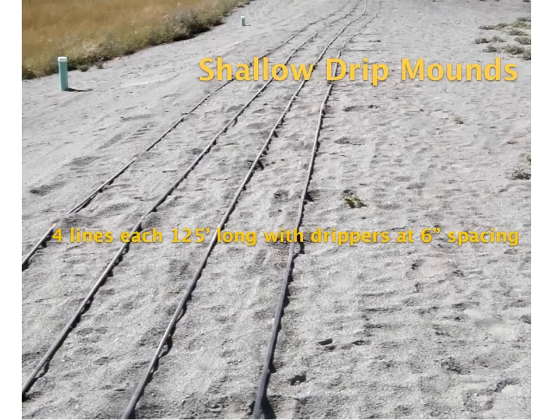He started developing shallow drip mounds, and what he does here, he's got 4 lines, each 125 foot long. So he's actually taken one roll of 500 foot drip line and he's put in 4 lines 125 foot long. And he's got 6 inches between drippers. The drippers are very close. So he's got 1,000 drippers on 500 feet at 6 inches. He's got 1,000 drippers applying the effluent. Now this photograph is taken before he covered it with more sand.